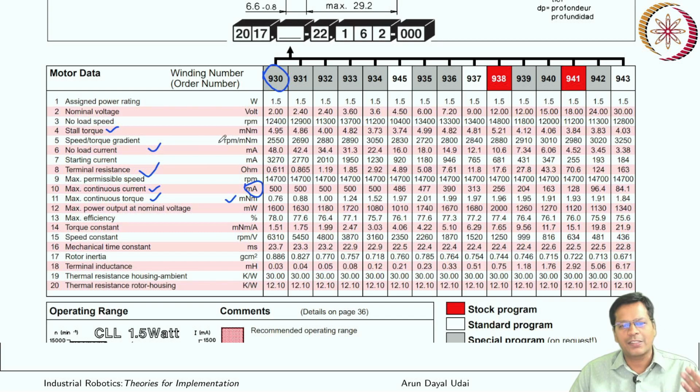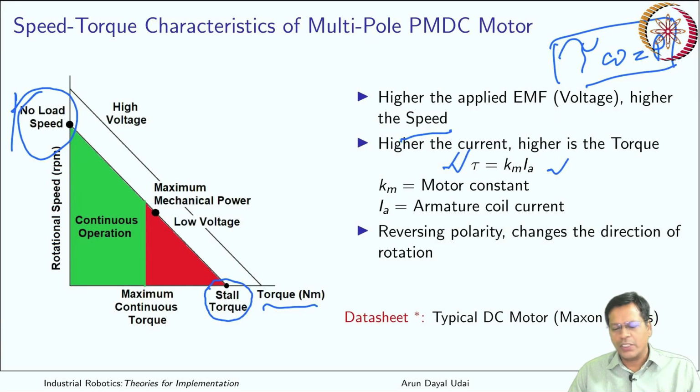No load current: even when it is running freely, it is carrying this much current. So this is all the parameters that are very important, that you should look for when you select your robot for a particular application. This is a typical data sheet that I have shown, that shows the characteristics of a multipole